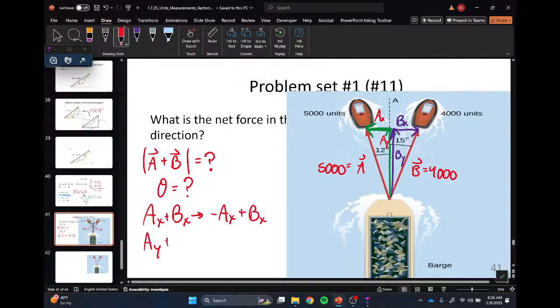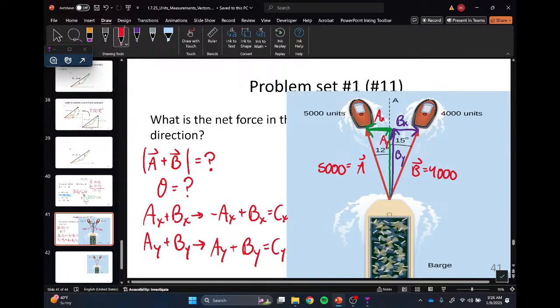When you do AY plus BY, you all tell me. AY, is it up or down? Up. Positive or negative? Fantastic. B, up or down? Up. Positive or negative? There you go. Those are the questions you have to ask yourself when doing these things. Be prepared for that. And then the last step, once you get these, let's just call this CX